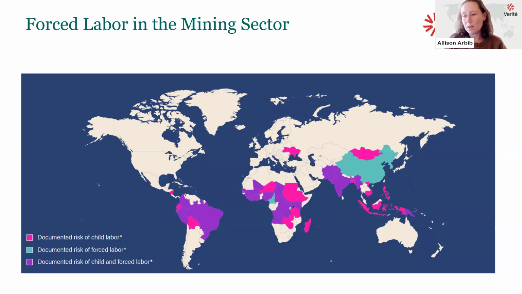poverty. And this is important because I think many people in the social responsibility due diligence space are used to thinking about labor in terms of formal workplaces. So labor that happens in a factory, labor that happens in a specific work site. And when we're talking about mining, it's really critical that we're considering the broader holistic picture of what people's lives look like. And so that's going to be a theme that we're going to come back to again and again